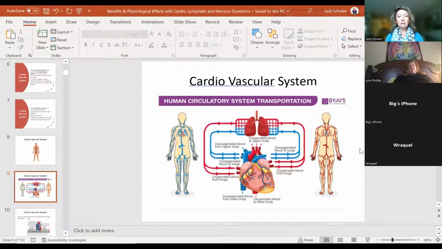Red blood cells, red represents the oxygenated blood. So the blood that's on the way back out of the heart, it's already been to the lungs, and now it's heading back out to the body to offer those nutrients, that oxygen. The blue blood heads back towards the heart, towards the lungs, to get rid of the waste products. So carbon dioxide is one of the waste products. There's lots of different metabolic wastes produced in our body. But just understand red and blue symbolize the red blood cells oxygenated, blue deoxygenated.